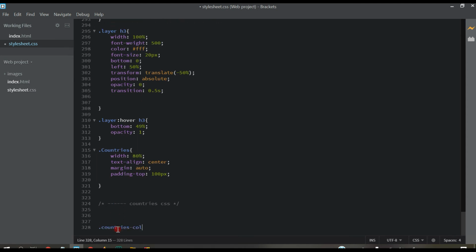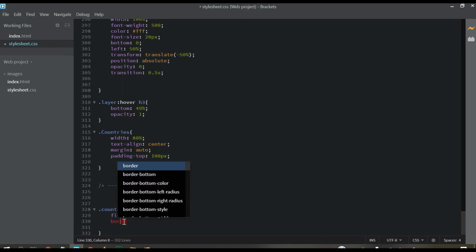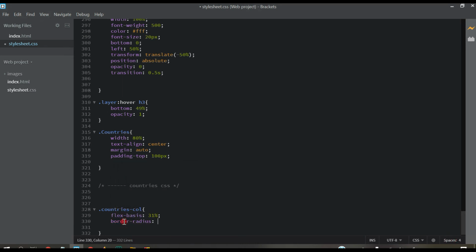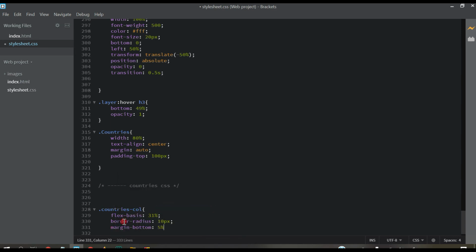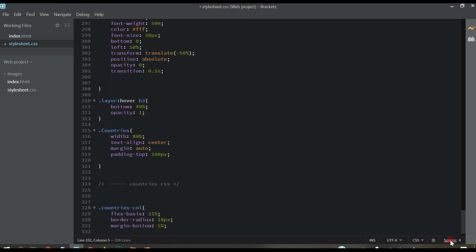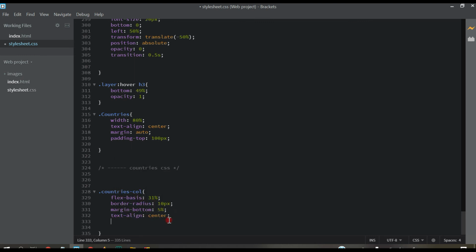Now after that, paste this class name, and then flex basis 31%, border radius 10 pixels, margin bottom 5%, and text align center.